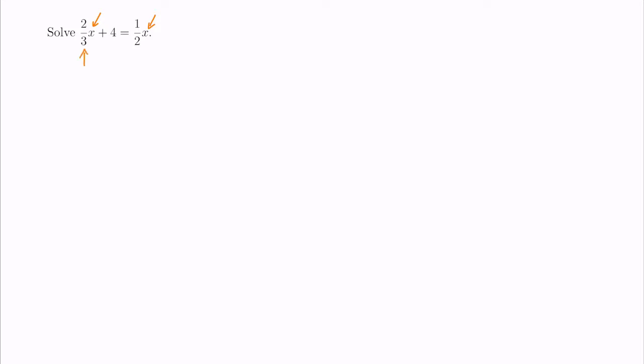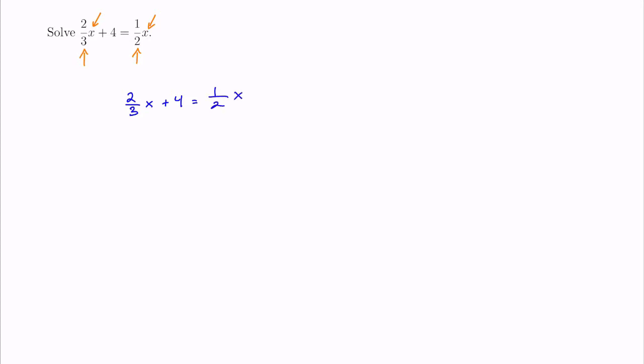Because we do have these two fractions, 2/3 and 1/2, we can begin our work not by moving variables from side to side and trying to isolate the variable terms, but instead by getting rid of the fractions. So the first step I would encourage you to take on solving this equation, 2/3 x plus 4 equals 1/2 x,